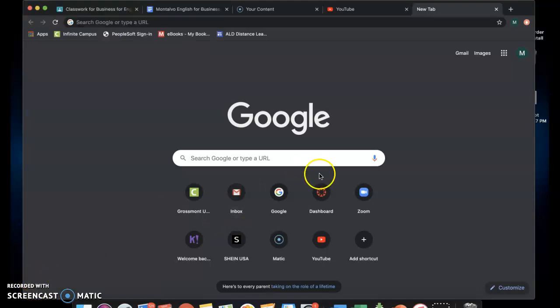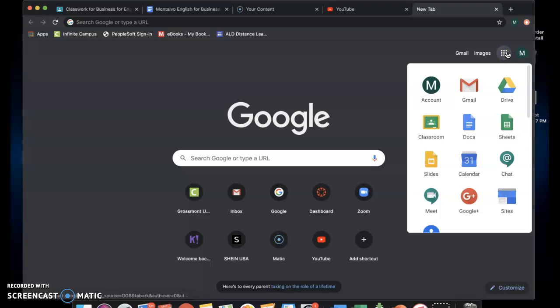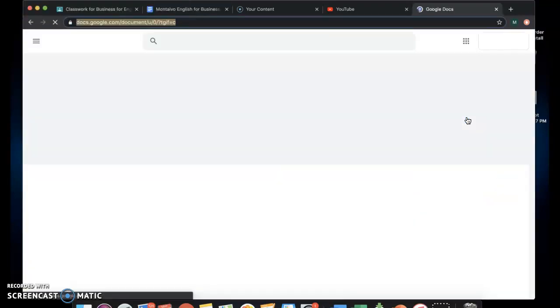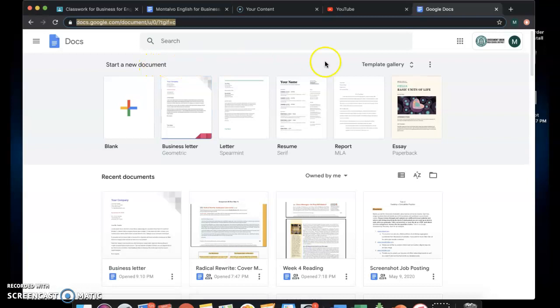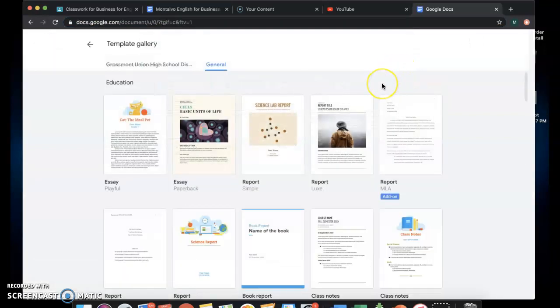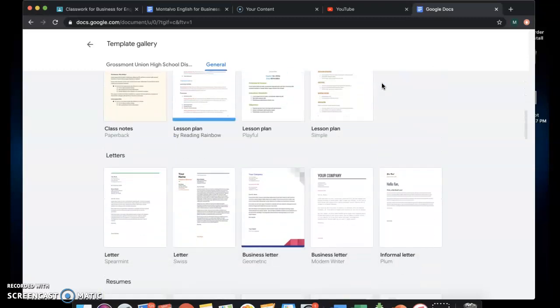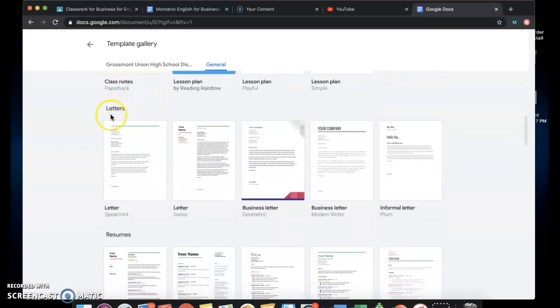Okay, real quick, I wanted to show you guys where to find cover letter templates if you don't know the formatting. So if you open a new tab and you go to your Google over here and go to Google Docs, up at the top it'll say Template Gallery, and if you click that and scroll down, you'll see a section called Letters. You can click on any of these and just kind of get a feel for them and